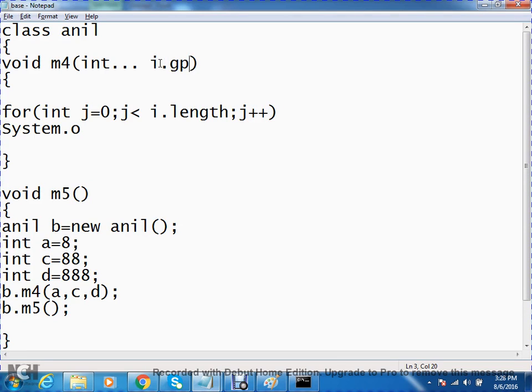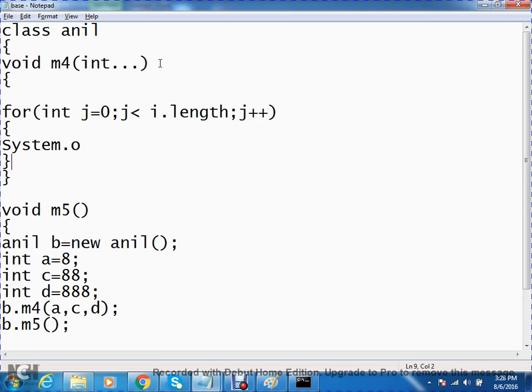Now System dot out dot println. This is the for-each of this one. Over here, single, double, triple will be there.